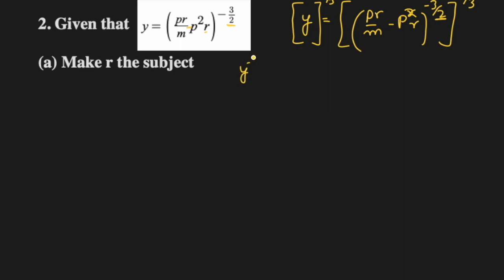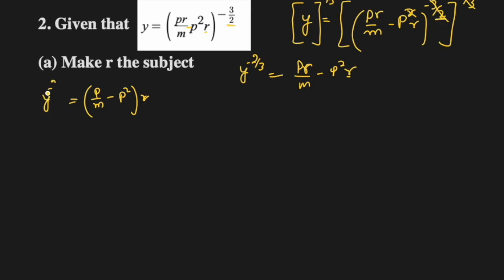Y to the power negative 2/3 is equal to, they cancel out, they multiply and become 1. So PR over M minus P square R. So this has R, this has R, both of them have R. Let's take that R common. R is common, so we are left with P over M on one side. Second term will be P square. I'm not taking P common as of now because I want to isolate only R, equal to